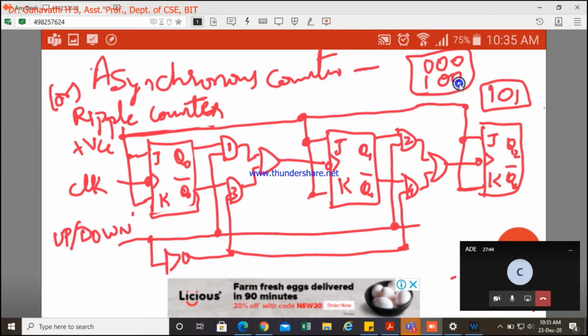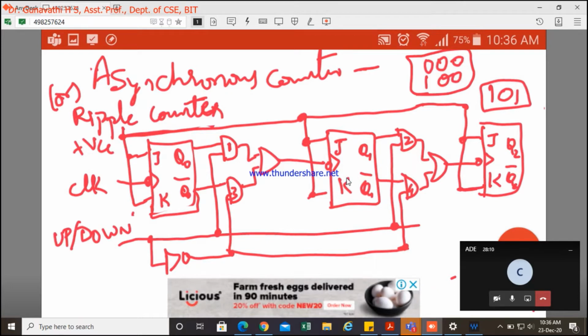With 3 flip-flops and the default connections, we can make it mod 8. If mod 7, again 3 flip-flops. Mod 6, 3. Mod 5, 3. Mod 4, only 2 is fine because it is 0 to 3: 0 0, 0 1, 1 0, 1 1. So 2 flip-flops are enough.